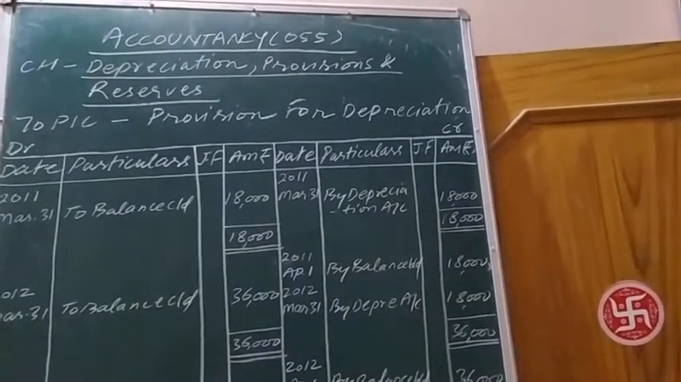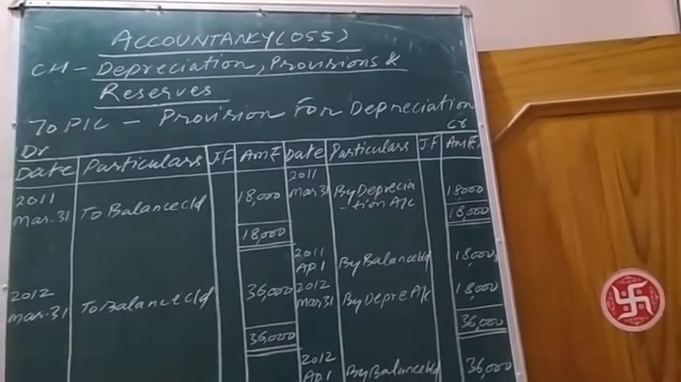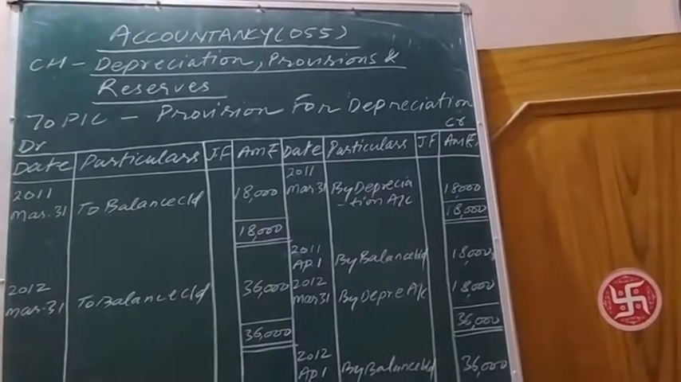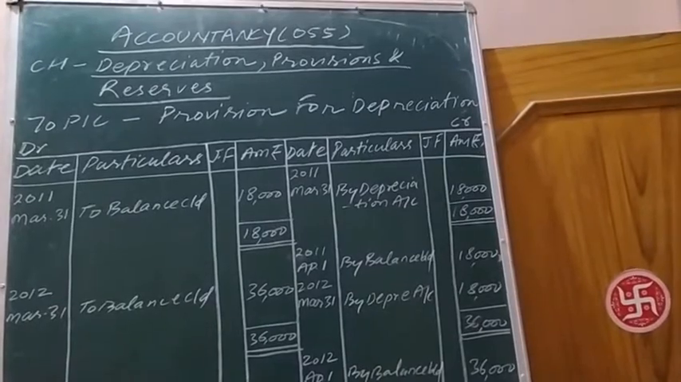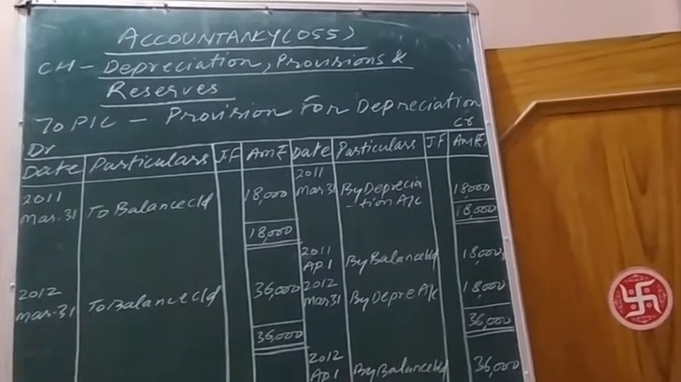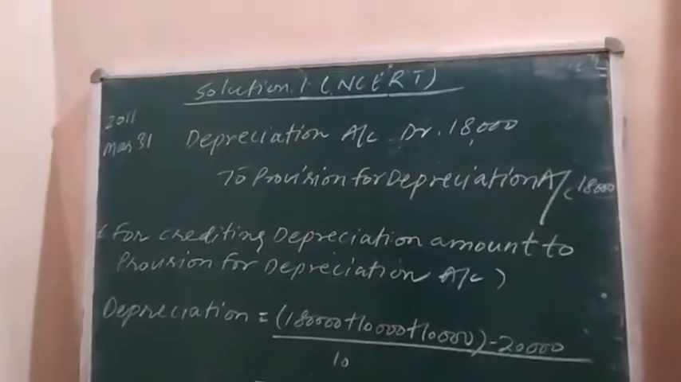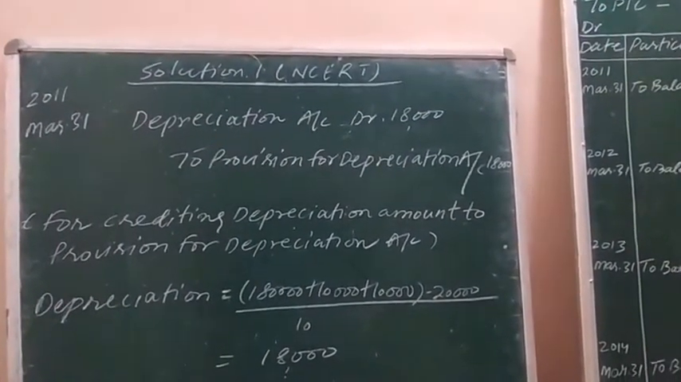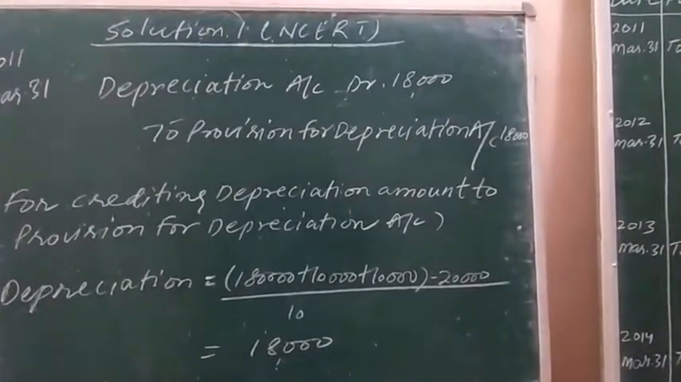So whenever depreciation is to be charged on the asset, it is a loss, and when its amount is transferred to provision for debt, the provision for debt account also increases. Both increase, and resultantly the entry is depreciation account debit to provision for debt account. I have written the narration. This journal entry is passed when